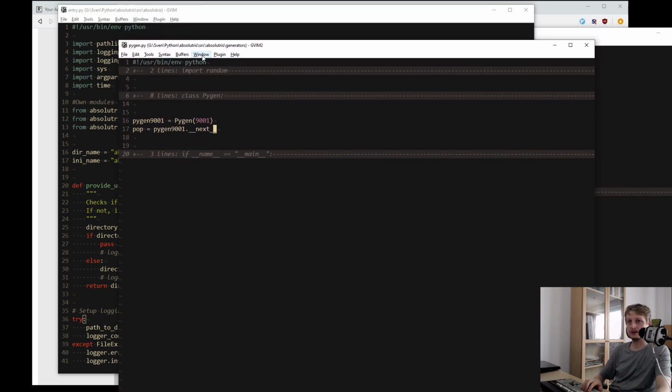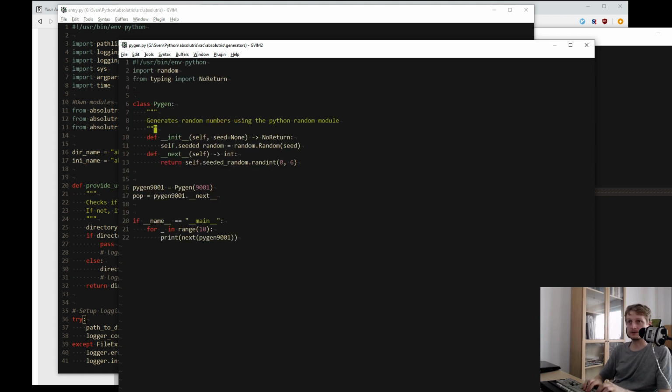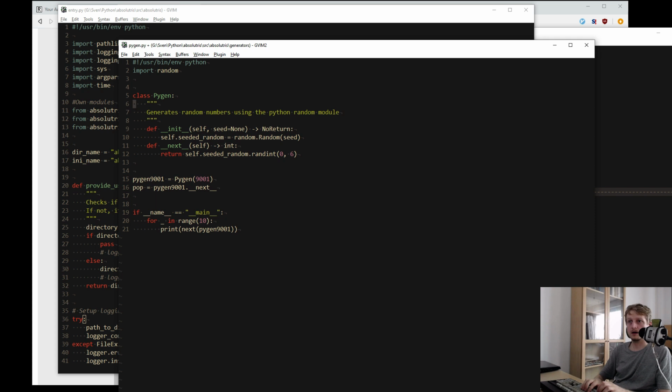Python generator here, which is Python's generator. And I currently fixed it to one specific seed just for fun. So it creates random numbers from this seed. And it also defines a pop function.